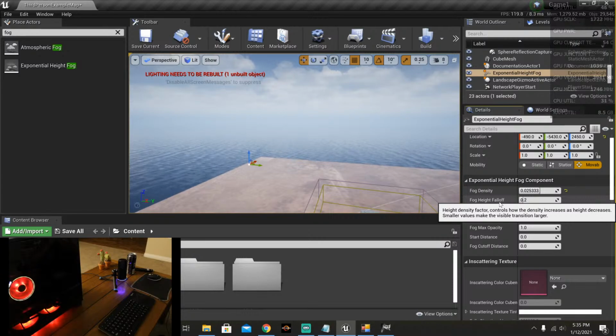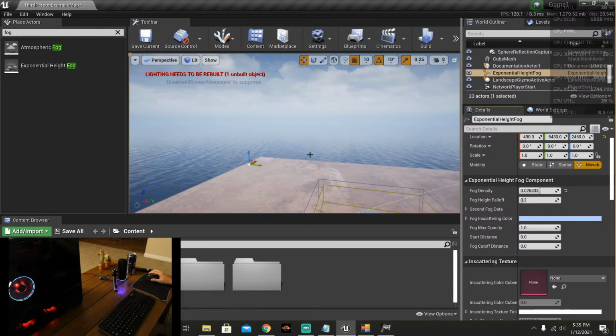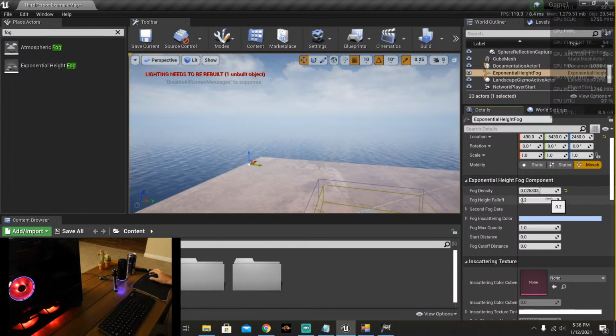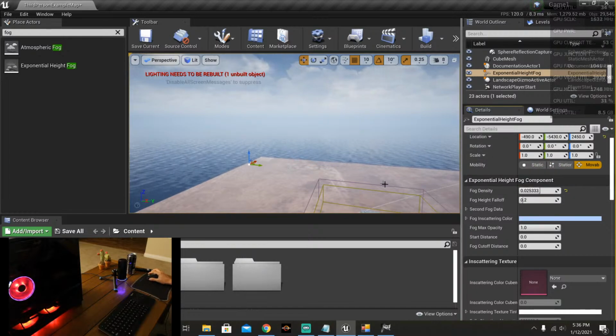So if I set this to 0, it would go from essentially no fog to a ton of fog, theoretically, with a really harsh change, which may be something you want. Realistically, if you want to reshape this and it only fits inside of a room that, say, has smoke in it, or if it were a steam room, then you could do that. You could change that by changing this all the way down to 0, so it's really harsh, and then resizing it to the shape of the